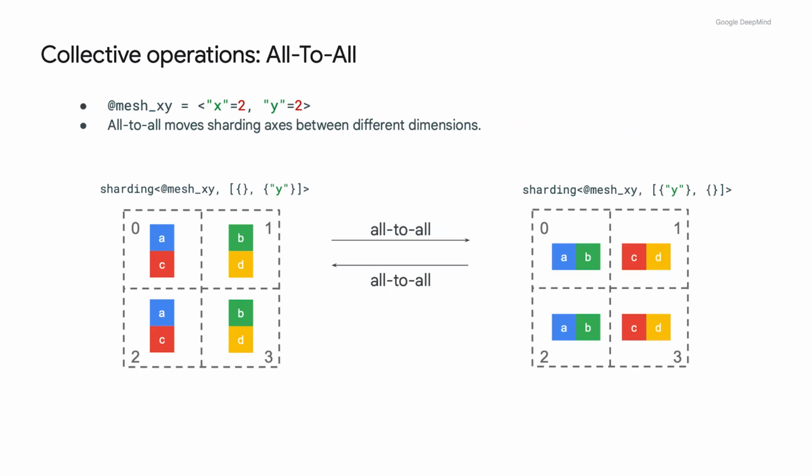The second one is all-to-all, which swaps axes between different dimensions. In this case, we move the sharding axis Y from the second dimension to the first dimension, which is an all-to-all